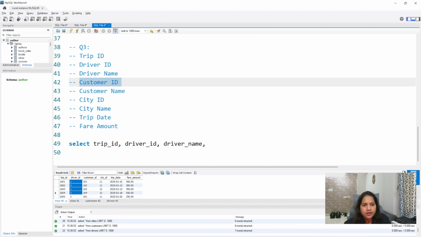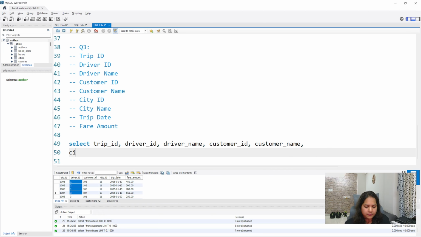Then customer_ID, customer_name. Then you have city_ID, city_name. Then you have trip_date, fare_amount. From which table? Trips table.